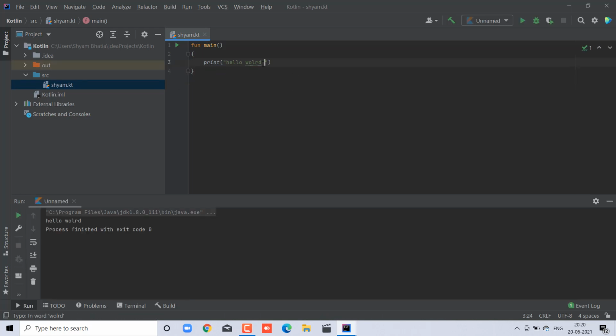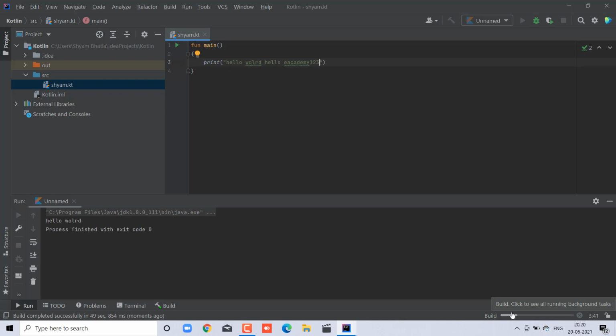Your output will come here like that. Add something like Hello E Academy 123, press Control S, and run it again. You can also run from here. Okay, so the output will come.